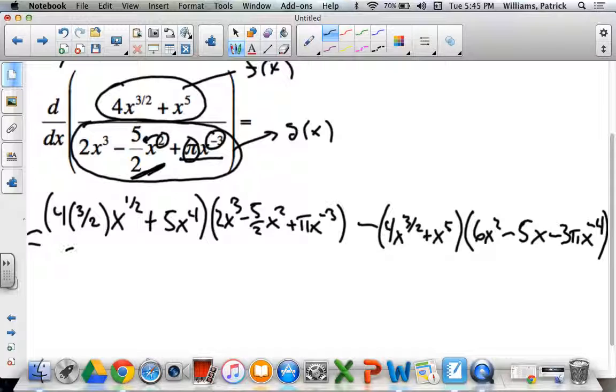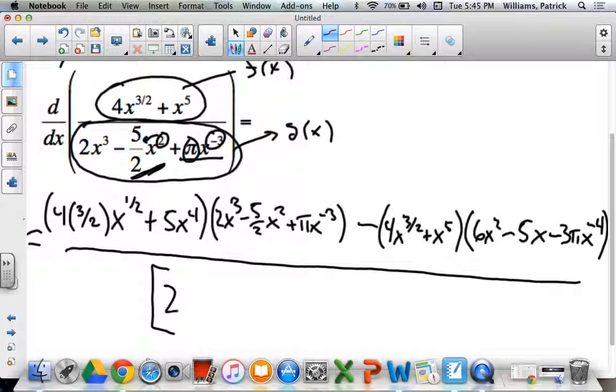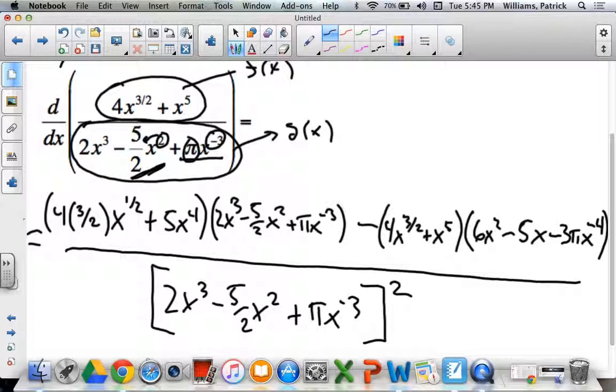And then we divide that entire thing by the bottom squared. So 2x cubed minus 5/2 x squared plus pi x to the -3, all of that squared. Okay, so that's the entire derivative of that function right there. Really, really nasty. We could try to simplify it as best we can, but if you can just get to this stage of evaluating this entire derivative without the simplification,